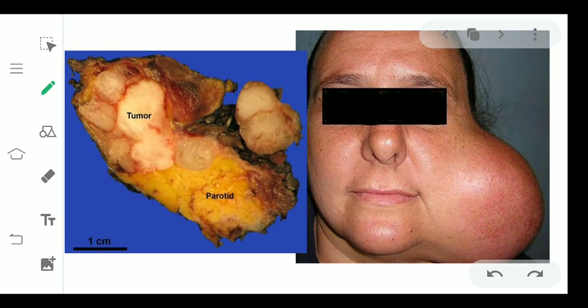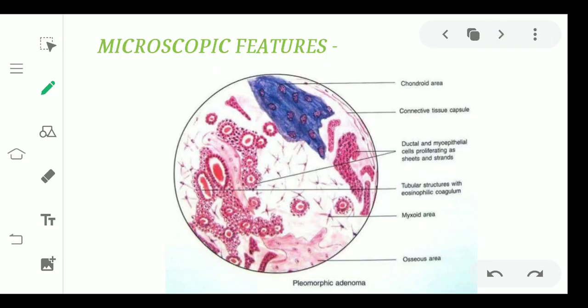Moving ahead, as you can see in the picture itself, this is your parotid gland and this particular thing is your tumor. Now this tumor is a 1 centimeter tumor, and you can see the structure here is so irregular. There is no well circumscribed boundary here in this case, and this is an irregular nodular lesion kind of structure. Now in the second picture here, you can see the tumor size is so huge, almost the same size as the patient's face. So this is what I was telling you. It can be 1 centimeter to 2 centimeters, but in severe cases, if not treated in time, it can grow up to several kgs.